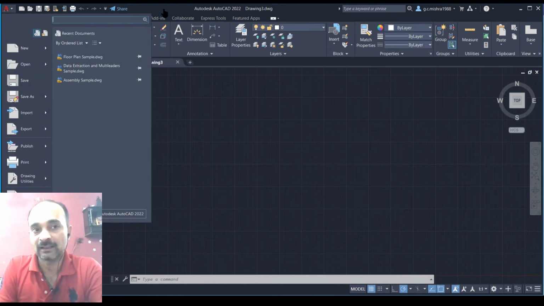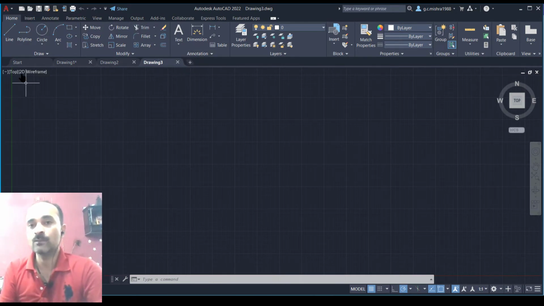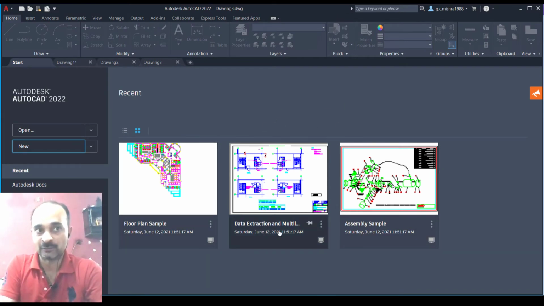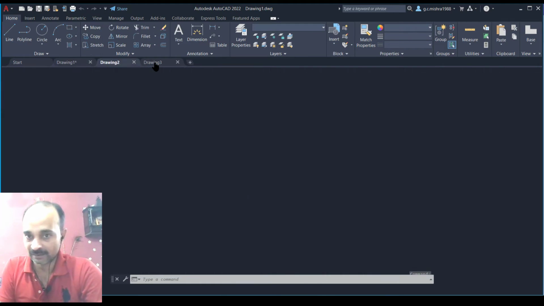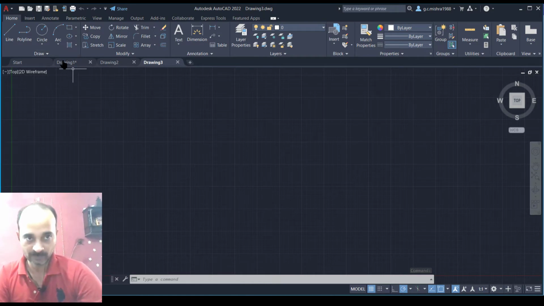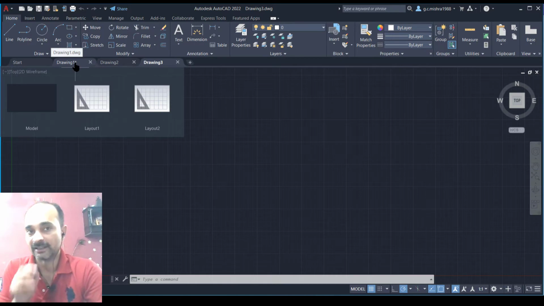If you click on new drawing, drawing 3 will appear. It means you can perform the same task from multiple places: using the AutoCAD menu, the quick access menu, this plus button, and the start tab. AutoCAD provides you flexibility of starting your drawing from multiple places. The same thing will be created.